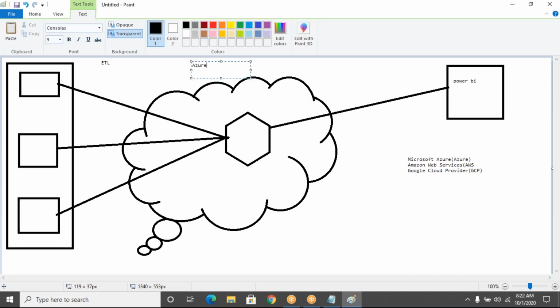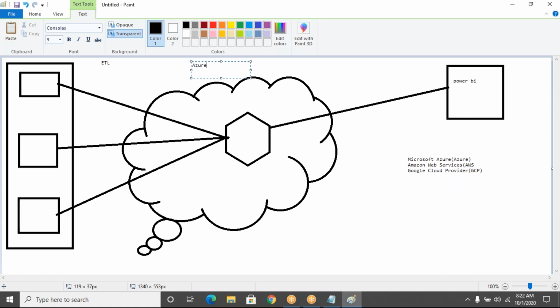Microsoft Azure is currently the best cloud provider, giving a large number of services. Earlier, Amazon Web Services held the first place in providing cloud services, but now Microsoft is going to overtake AWS.